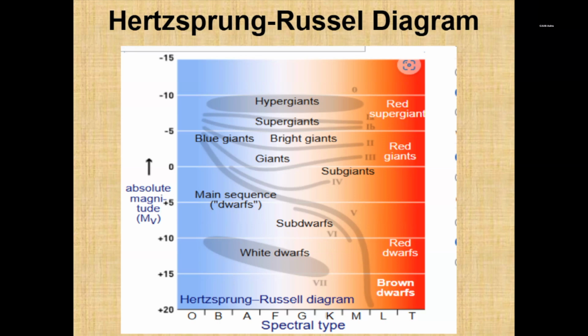So anyway, yes, you're absolutely right. The mnemonics are there, and where we're going, you can see here. You got the hypergiants, supergiants, and so forth, and down in the white dwarfs, and you've got these letters, but the dwarfs actually get their own letter, that they're D. Clever, huh? Okay, so we're going to be interested in the area here where the red dwarfs, which are all